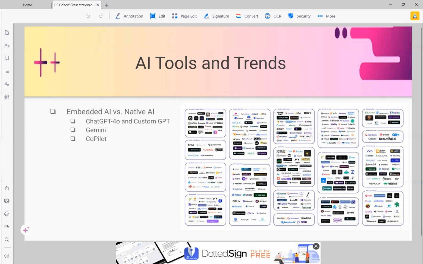So on the right, I know this picture is a little muddled. You can't really see it very clearly. But the point I was trying to make with this image is that every single day, there are all of these companies, embedded AI, also native AI companies, that are pushing all of these AI tools onto us. And it gets super overwhelming for every single one of us to go, oh my God, we're so far behind in trying to figure out AI.